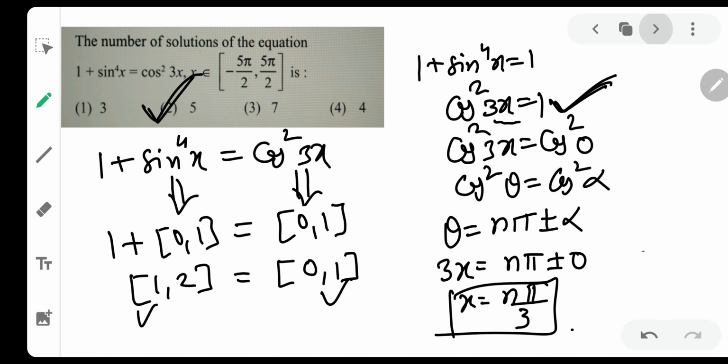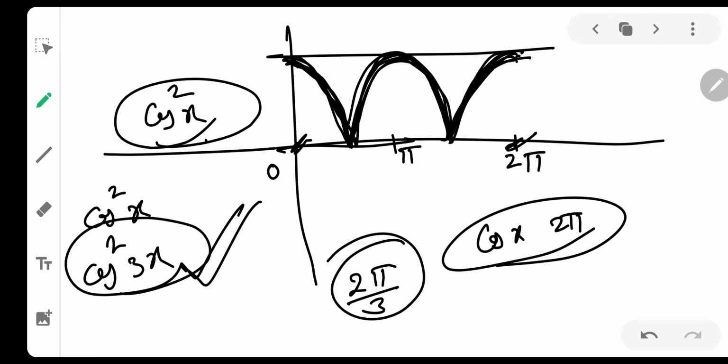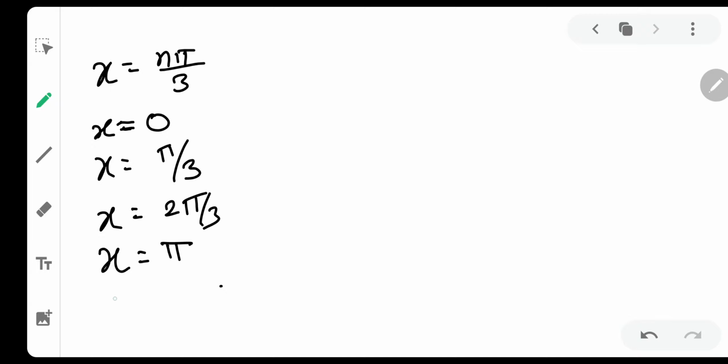Okay, very good. So we are getting many answers. So x is equal to 3 pi by 3, and then we will put x as 4 pi by 3, and then we will put x as, okay,